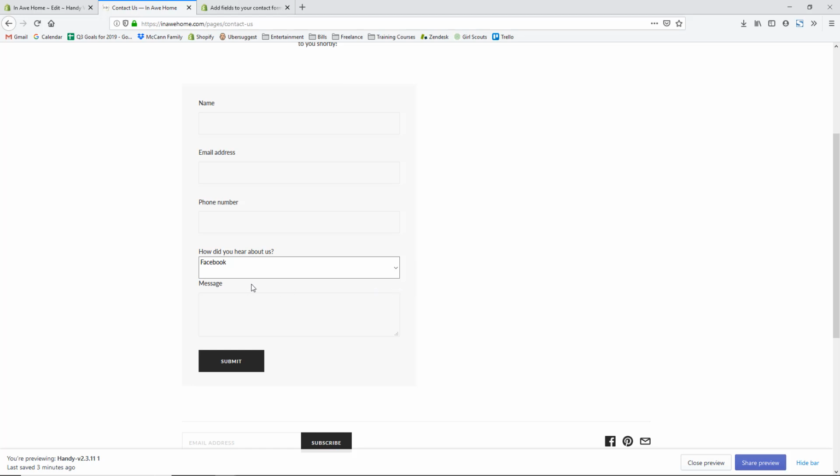But for me, I want to still add a little bit more space in between both the how did you hear about us and the form, as well as this form field and the message area. I also want to align this to be where the text is in the center, and I want to make this, if you can see here, the rest of my backgrounds are kind of transparent and have a border, where this is white and has a black border. So I want to stylize that the same. So I'm going to go back to my Shopify store,